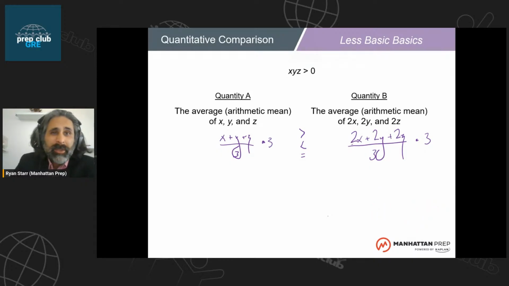And look, that makes both sides a little bit easier, right? You've got x plus y plus z now, and you don't have to worry about dividing by 3. That means that if you go to test cases from this juncture, you've got 2 fewer math steps to do. You don't need to divide the left side by 3 anymore. You don't need to divide the right side by 3 anymore. But we can do better,